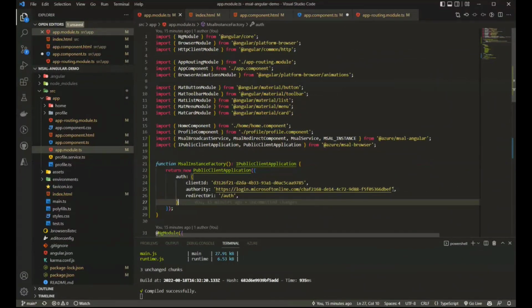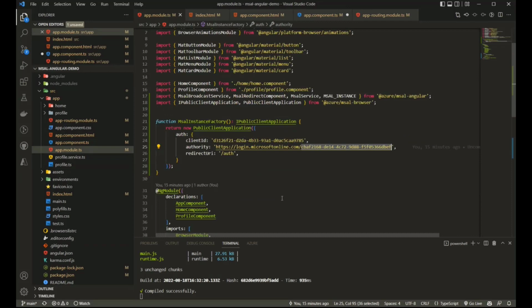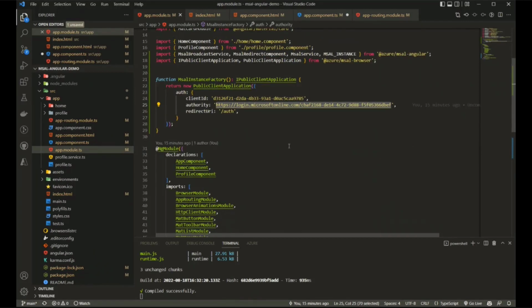Sure. The most important aspect, if you're signing in with B2C, is going to be the authority parameter. This will contain your B2C tenant domain, followed by the policy that you are using to sign in your users. We have many B2C samples. Please go ahead and take a look at them. We'll share the links at the end. But essentially, it boils down to your authority parameter, and that will control which tenant you're signing into, whether in Azure AD or in B2C. And this will look slightly different if you're using B2C as your identity provider. Do we have a link to a B2C sample for Angular that you can share in the chat? Of course.